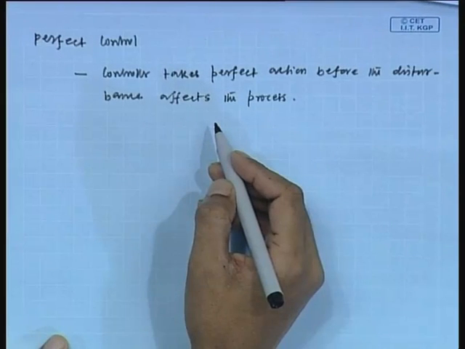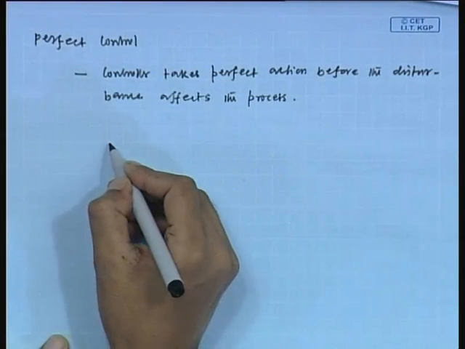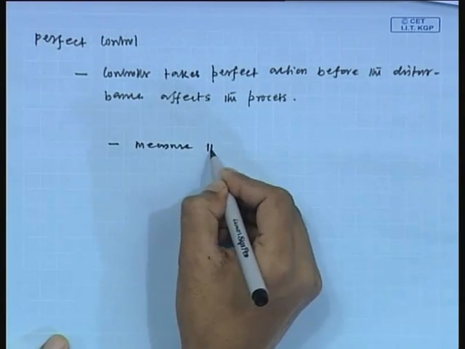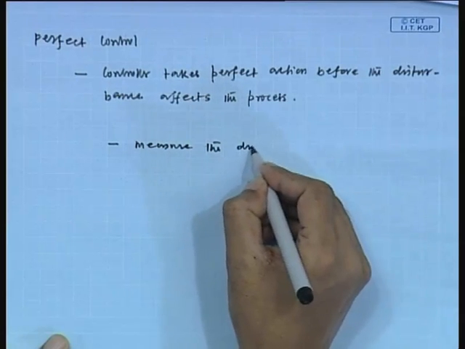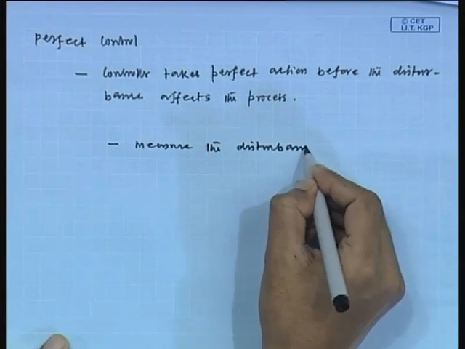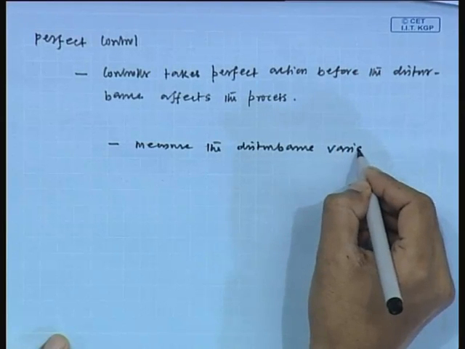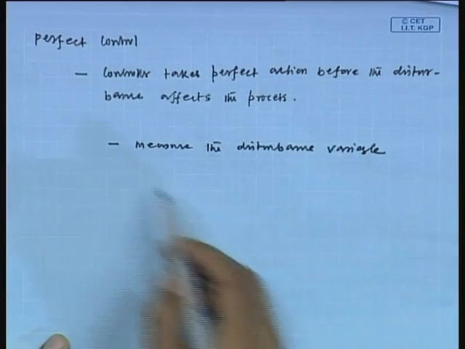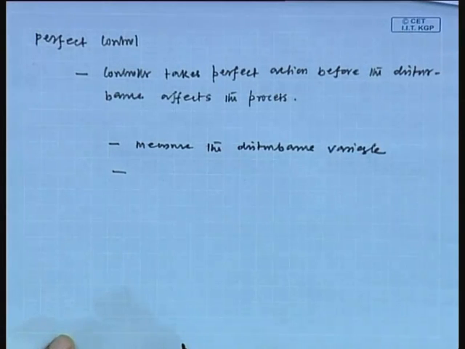This is the first point. First, it is required to measure the disturbance variable. In the next step, the controller should act